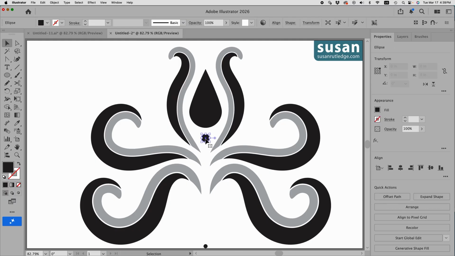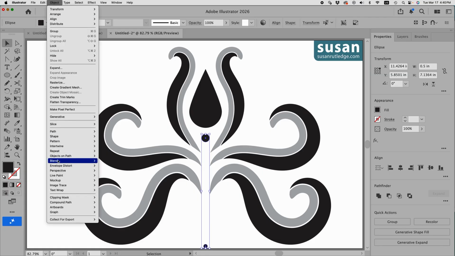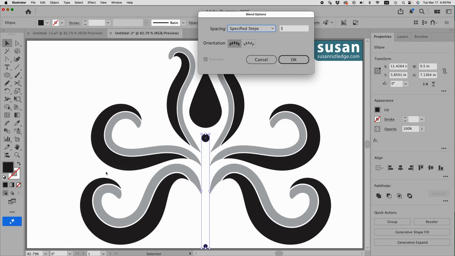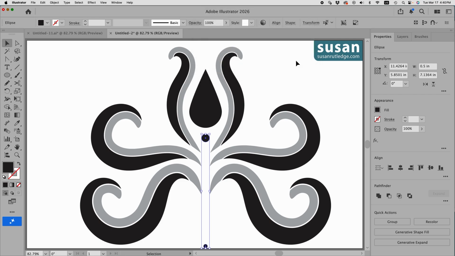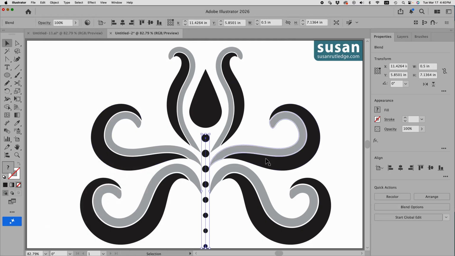Then I'll select the big circle, hold down the Shift key and select the small circle and go up to Object, Blend, Blend Options. I want this to say Specified Steps, so you can choose that. And I'm going to try 6 and say OK. Nothing happened because I've got to go back up to Object, Blend, and this time Make the Blend. And Illustrator gives me 6 dots, 1, 2, 3, 4, 5, 6, in between the big one and the small